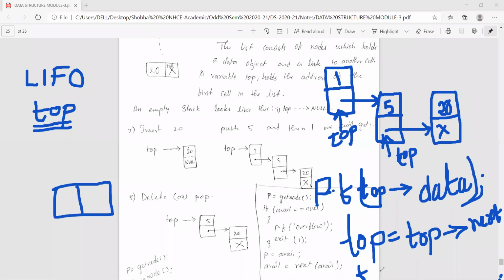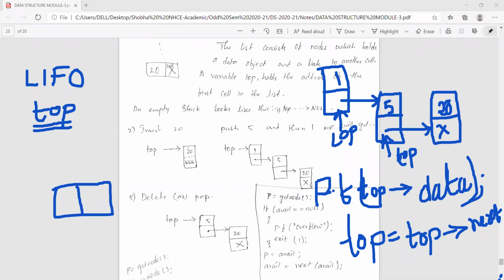Then you will free the... okay, one temp variable we have to use. Sorry, one minute, because I want to free also. My work doesn't finish only when I'm incrementing top. I should also free the memory that was occupied by this particular node after deletion. Then only the idea of dynamic memory allocation will work. Whenever we want to store data, we call the malloc function, assign memory and use it. When I want to delete, I should delete and free the memory.